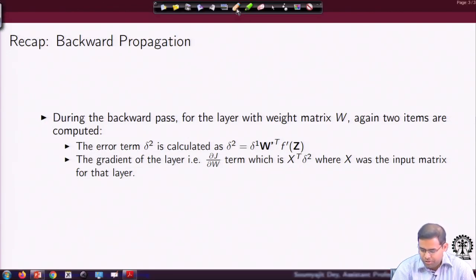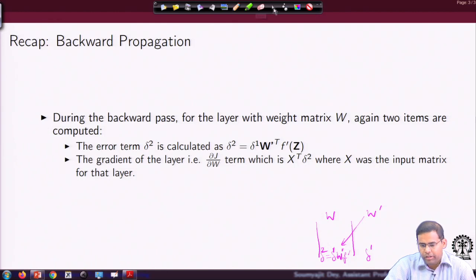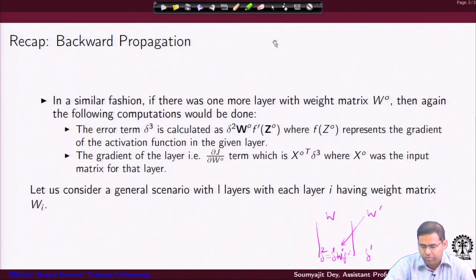So, essentially w prime is the weight matrix for the layer in which I have computed delta 1, right. So, if we just try and segregate, here I have w, here I have w prime, the next layer. In this layer I have computed delta 1, in this layer I am computing delta 2 and I am using delta 1 and then w prime, which is basically the weight of the next layer, right, and then I have this f prime, right. So, what we are really trying to say is that this is going to continue, right.